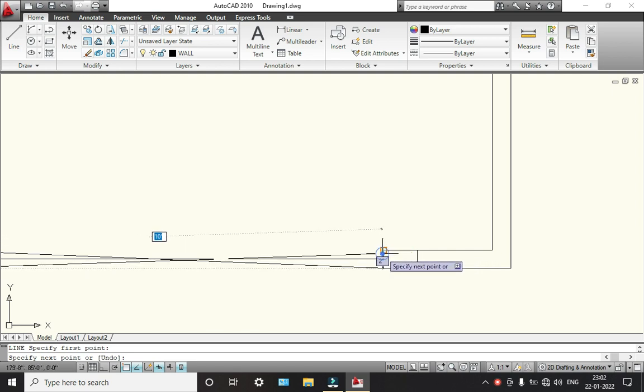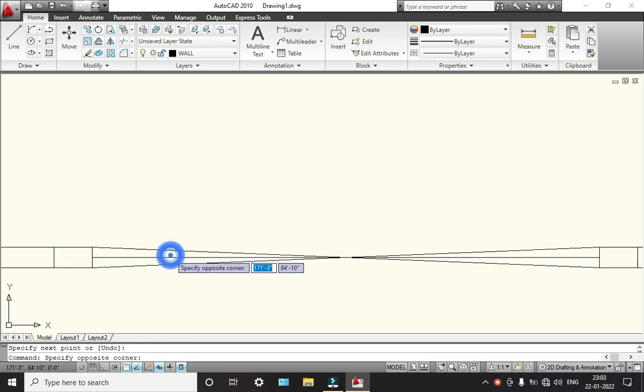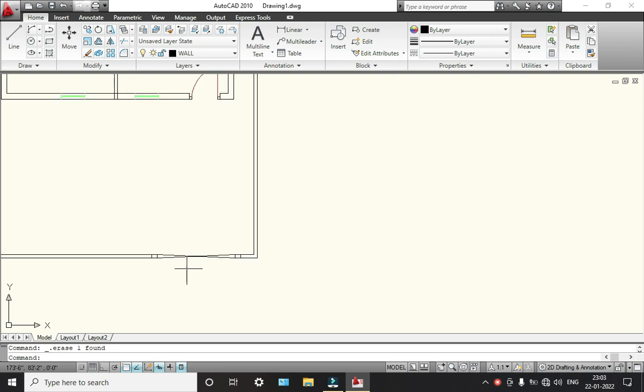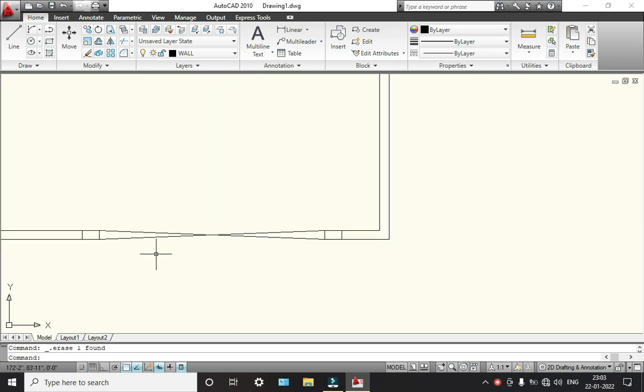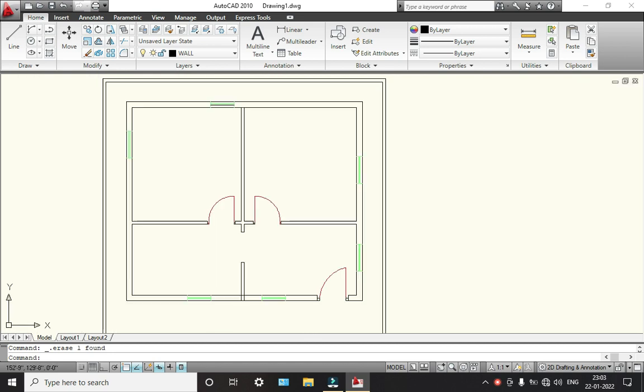For this we don't require this now, delete. So this will be my gate. This is how we can design a plan. We can draw tables here,